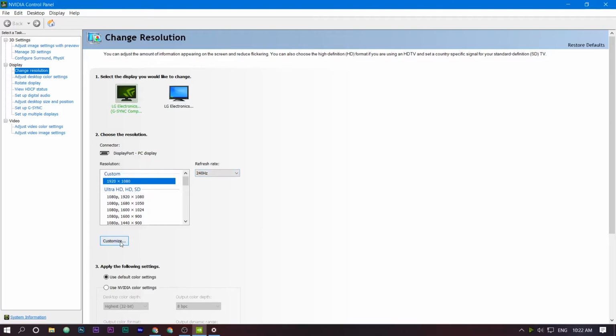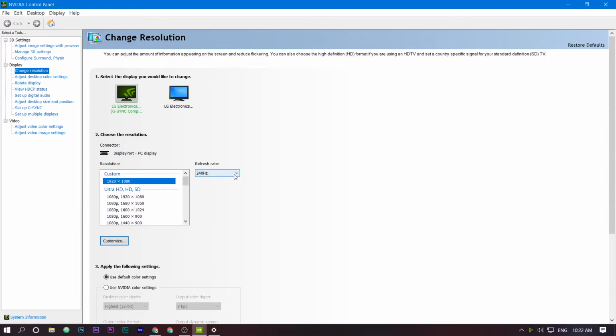So the max that I recommend going is plus 40 Hz over your native refresh rate. So now that I have 144 Hz, I would like to go plus 40 Hz, that's max. Now 144 plus 40 is of course 184. You can round that off to something like 180. Now that's the max that I recommend doing if you want to keep your monitor living for longer.